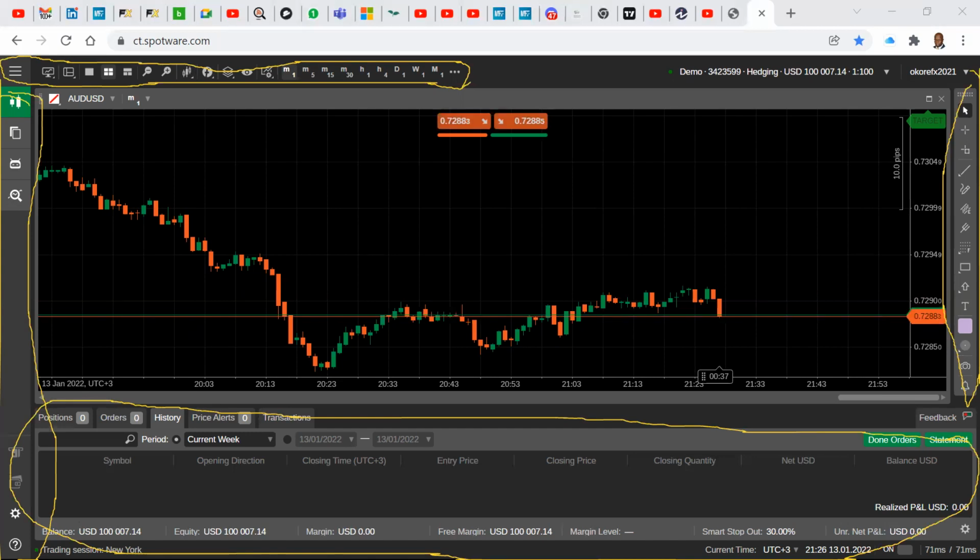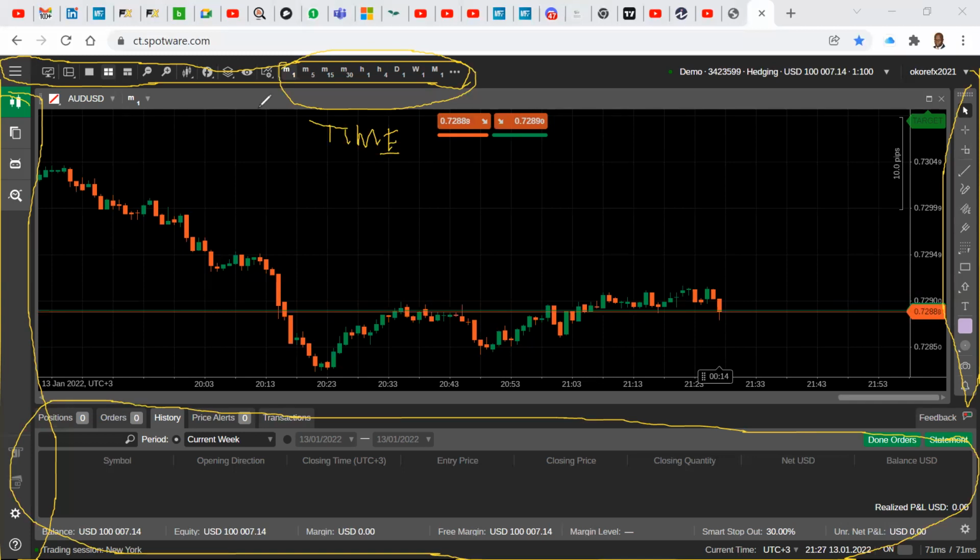So I will just give you an overview of the ribbon on top. The ribbon on top, if you look at it, tells you mostly your time frame, whatever time frame you want to trade. That's the main thing at the top.